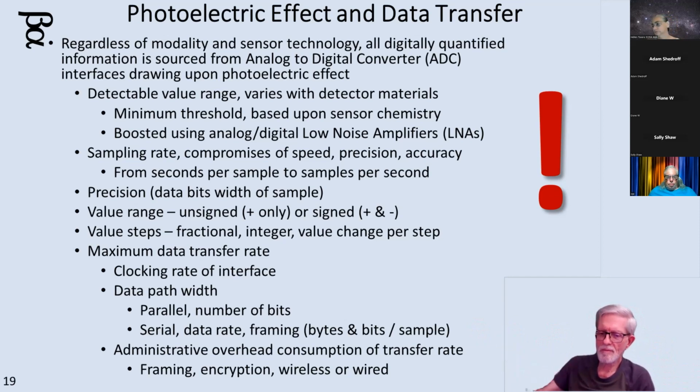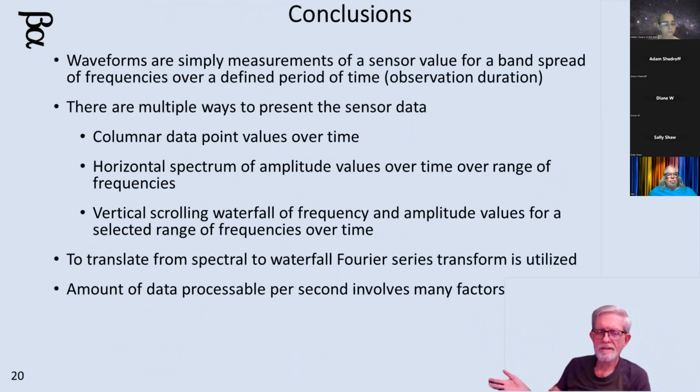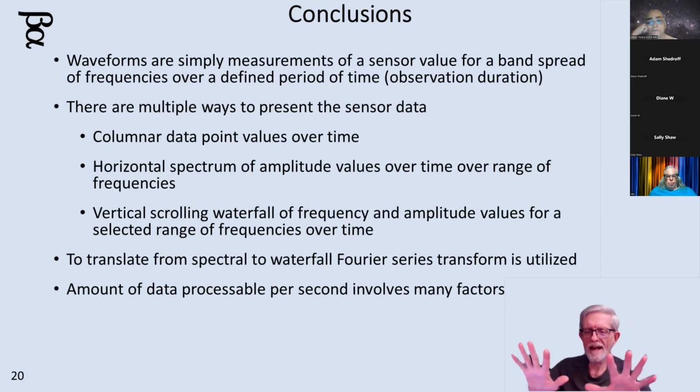So in conclusion, I knew this was going to be a short session tonight. Waveforms are simply measurements from a sensor over a band spread of frequencies. So I'm measuring a voltage and how often I'm measuring it, and that gives me my data. Once I have the data, I can present it in several different ways, just as columnar raw data, or I can go in and do analysis over time. I can do spectral analysis, or I can do my fast Fourier transform and then display it as a waterfall plot. So I can now look at it and just visually go,